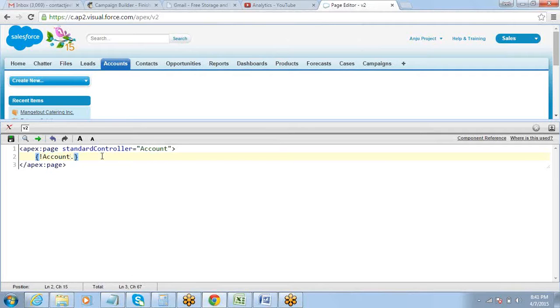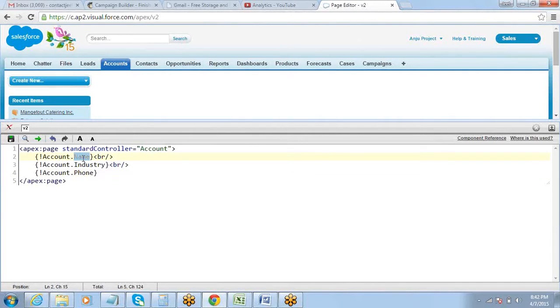Field name can be anything, whatever field name. Account.Industry, line break, account.Phone, okay? So this is how the code is written.